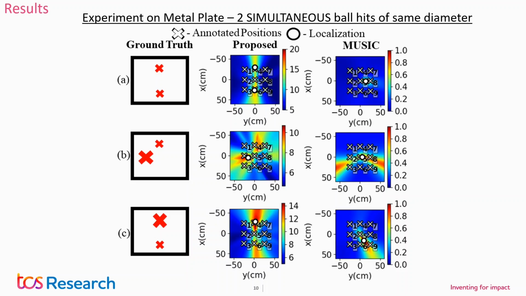And then on the second row, we are just going one step further. We are doing the simultaneous test, but this time we are taking two balls of different diameter and different mass. The larger cross means it had the higher mass compared to this one. Look at the image. The area of yellow and red is much more than this one. And you could see only one peak. Again, this is not working well. Same experiment, same simultaneous drop test. This had the higher mass. You could see that the area of the red position is much more than this one. Again, this is a comparison with the existing literature, right?